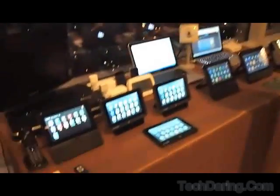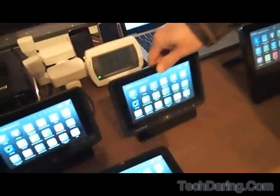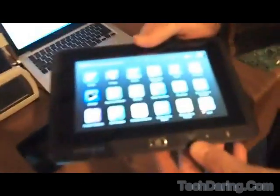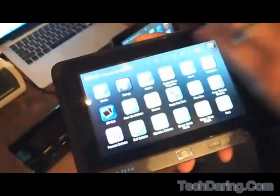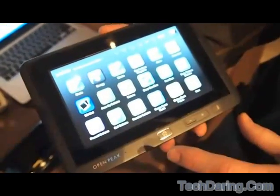All right, we're here with Dan, the CEO of OpenPeak, and you've got a whole lineup of devices, but the new thing here is the OpenTablet, correct? Correct. So right over here, we have the OpenTablet device, which is a 7-inch high-definition screen, 1024 by 600 resolution,